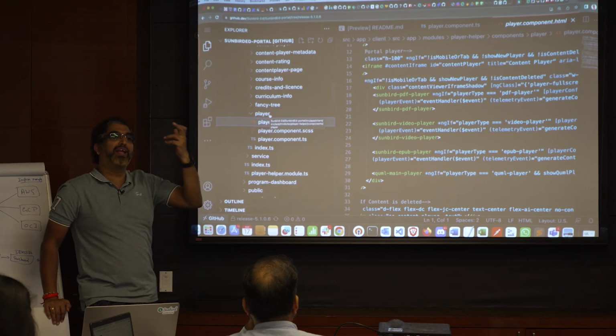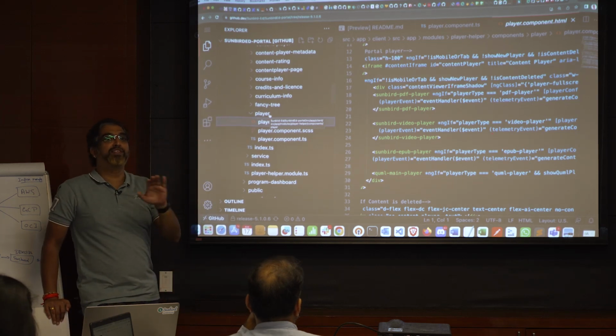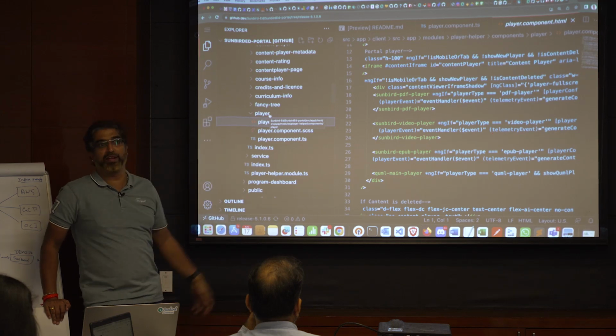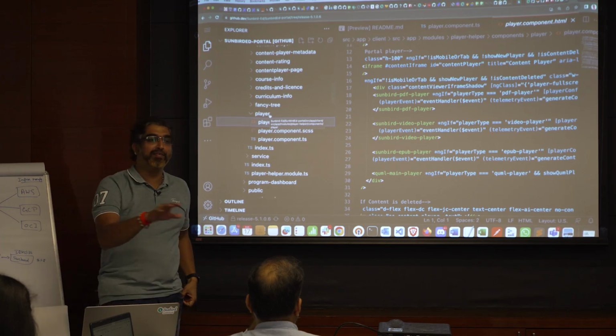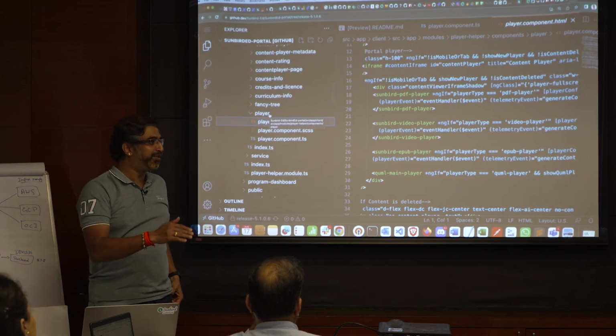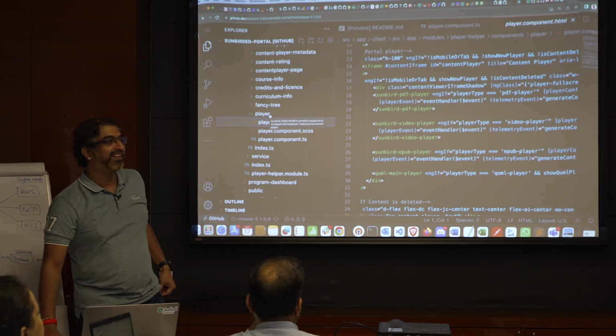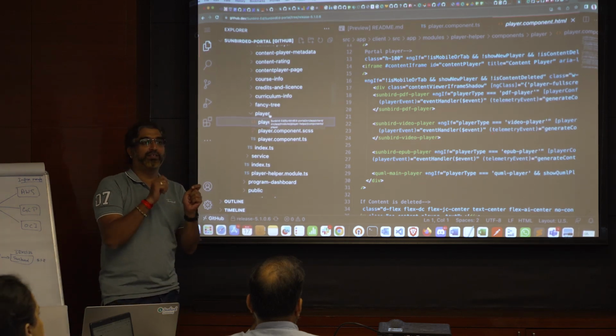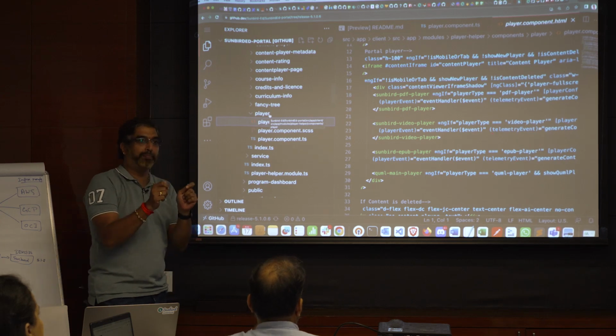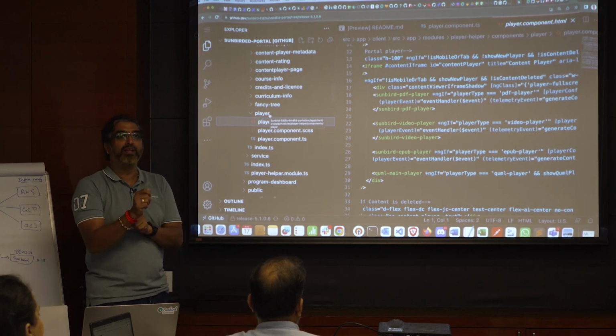It's nothing but Angular style again, in which it has been written. It is a component for Angular. So I think everyone has already seen the players. Should I show the players? Not required, right? But just for your information, when you play a content inside a player,